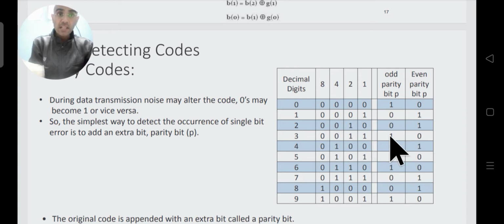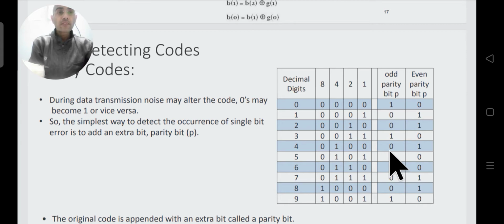and the number of ones left in the code word will not be odd, it will be even. So 2 ones will be there. Or if 0 gets affected, then also the number of ones will be even. So if we receive at the receiver end an even number of ones in an odd parity system, then we say that the code word has some error. Else, if we receive an odd number of ones in an odd parity system, then we assume that the code word is correct.